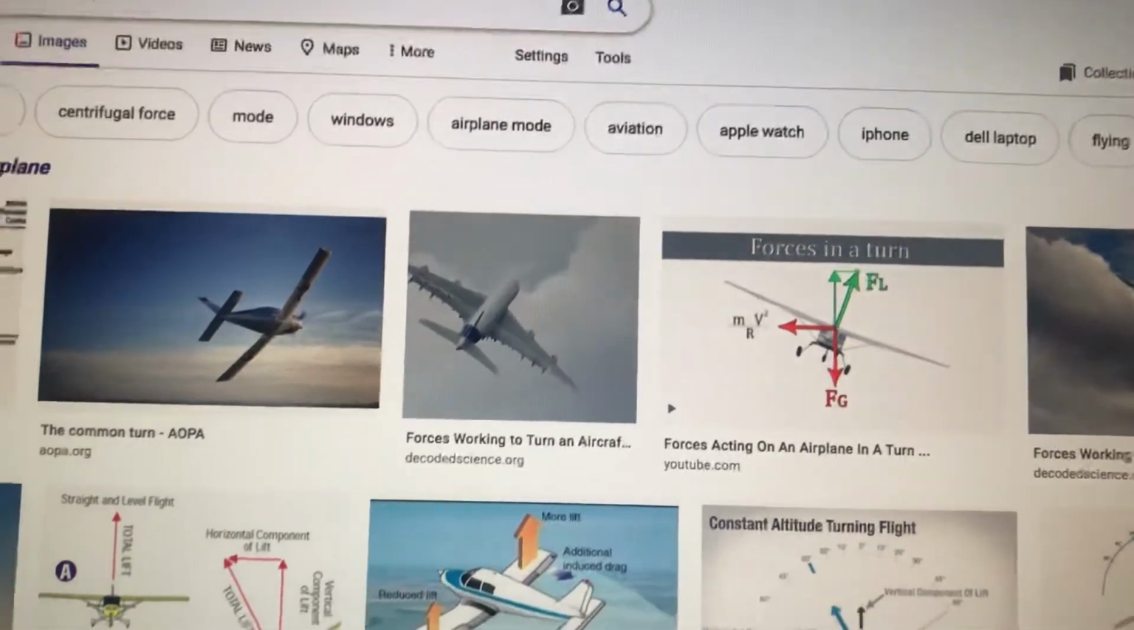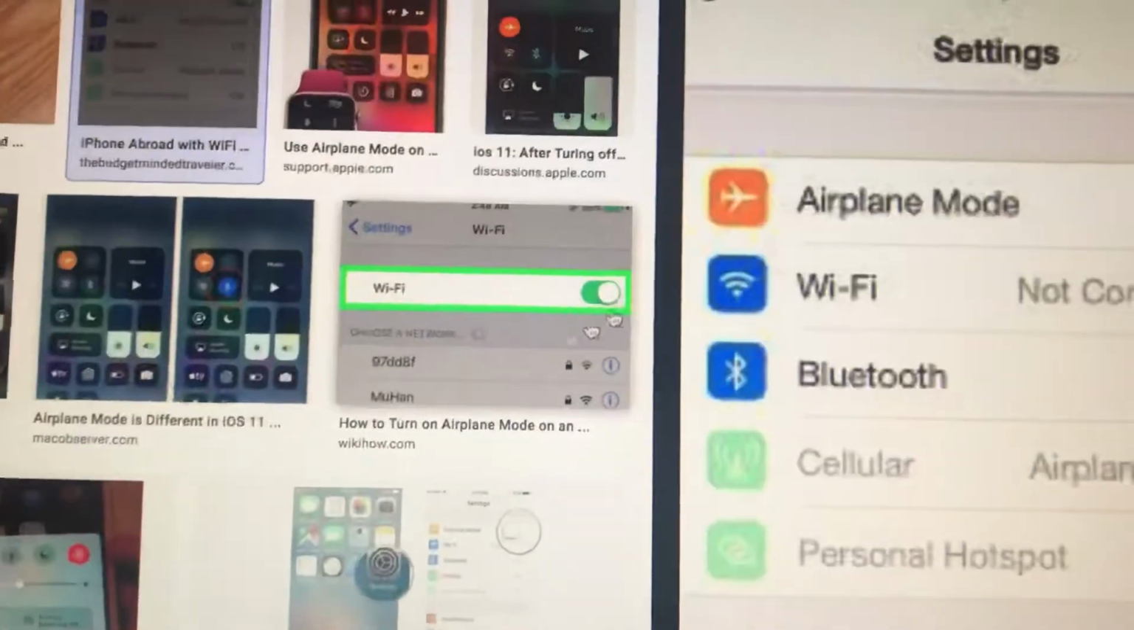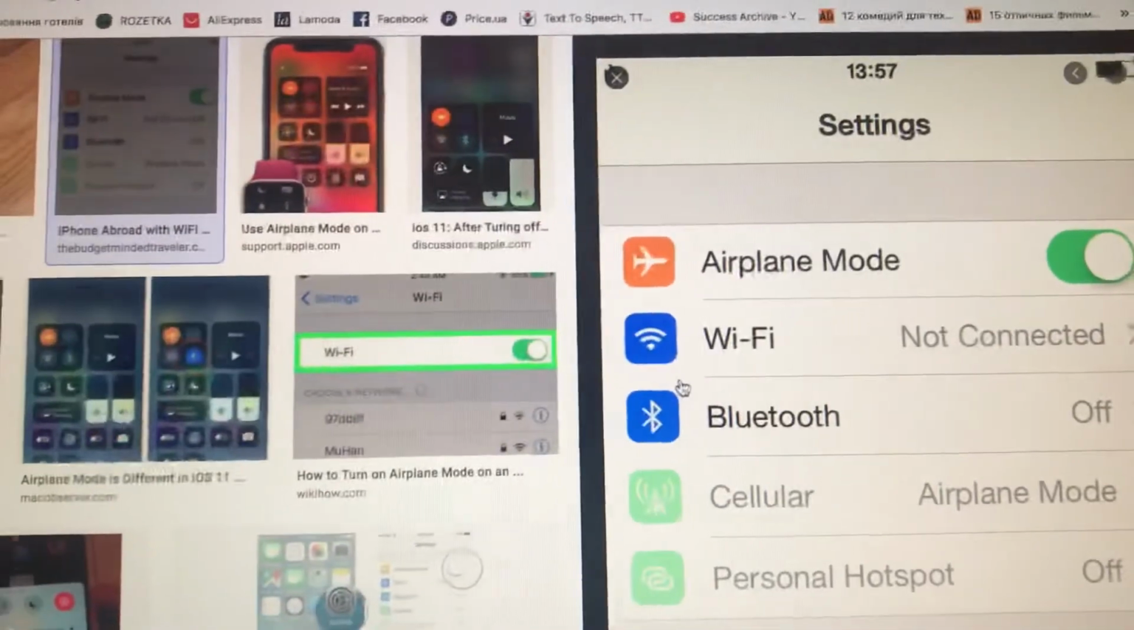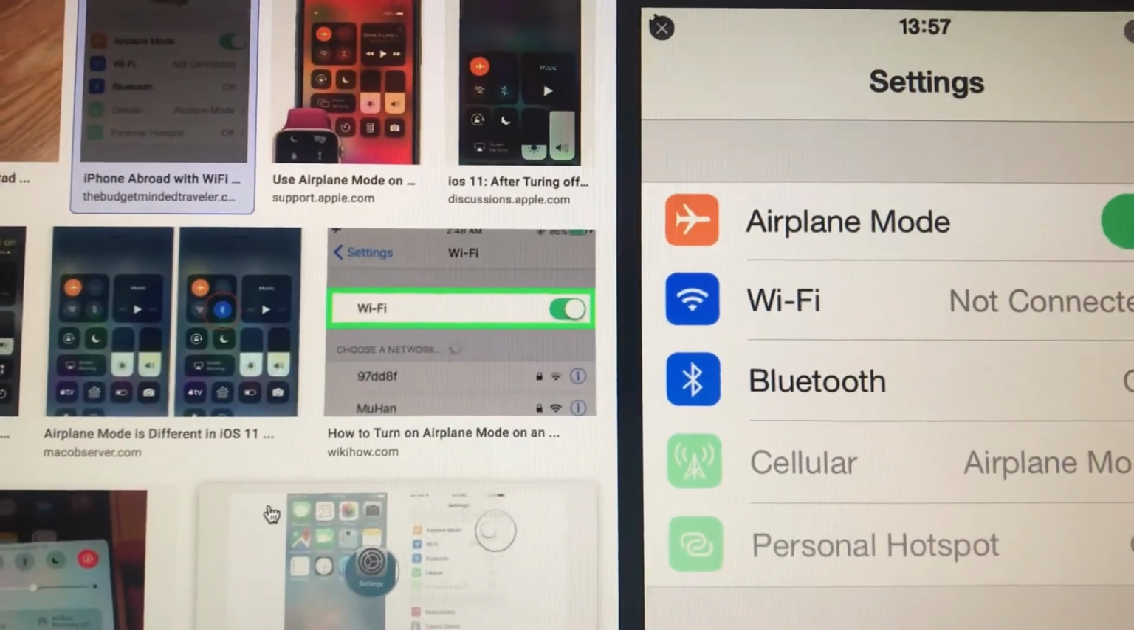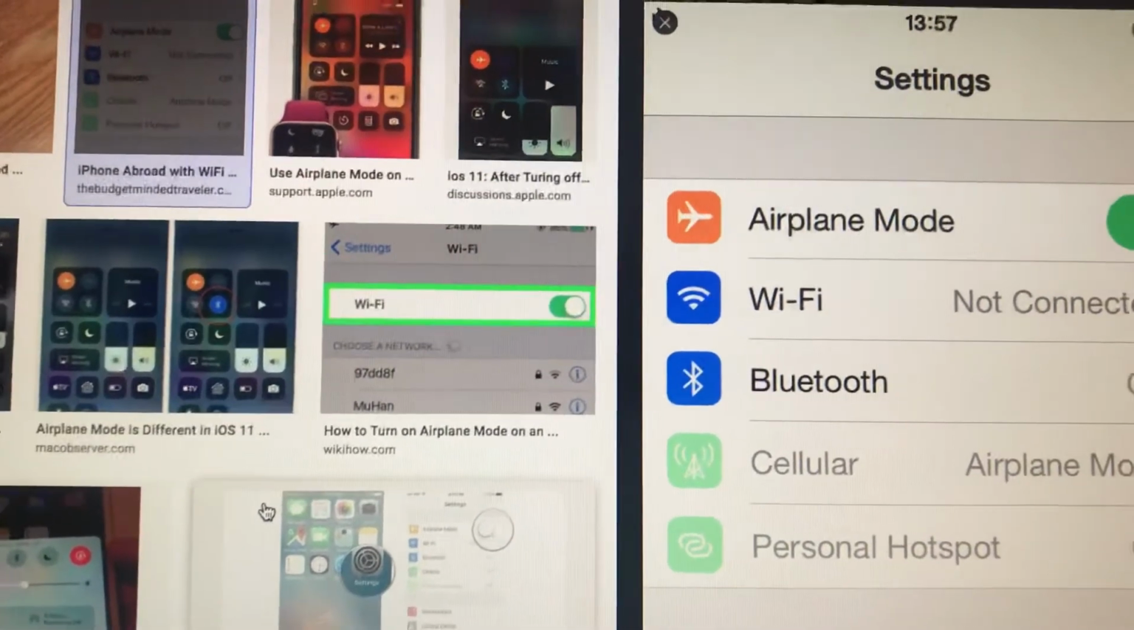Also, here you can see airplane mode. After you restart your phone and update your iOS, I hope that it will help you. So just check,